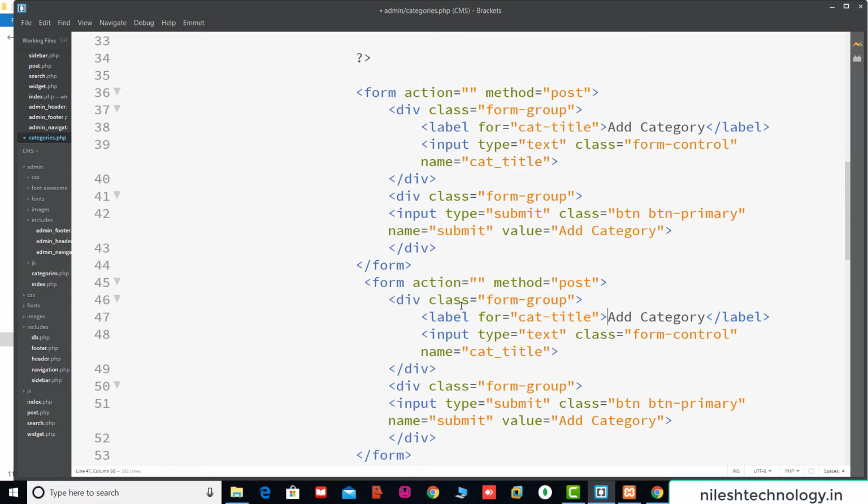This is the label. Label is edit category. Then input type text. This is the name, cat title. Okay, here we close this div tag. This is the next button, submit. So here we change the value. This value is update category.